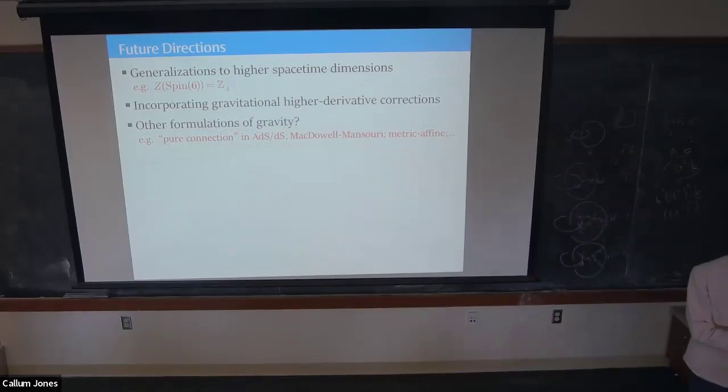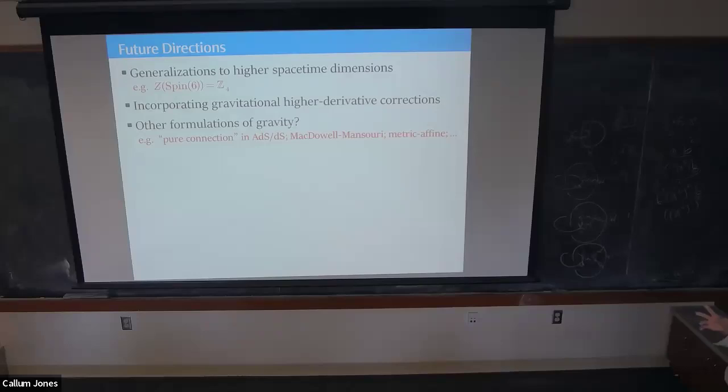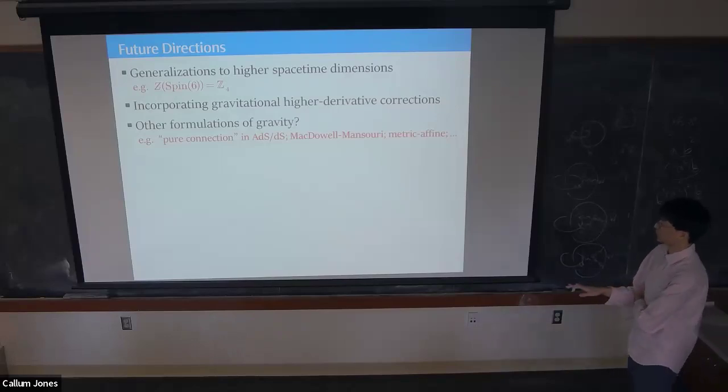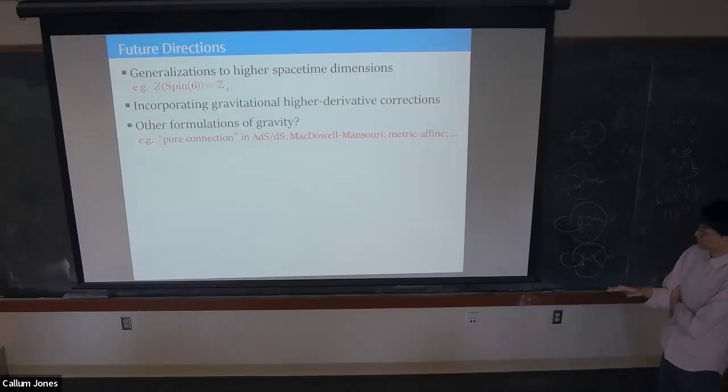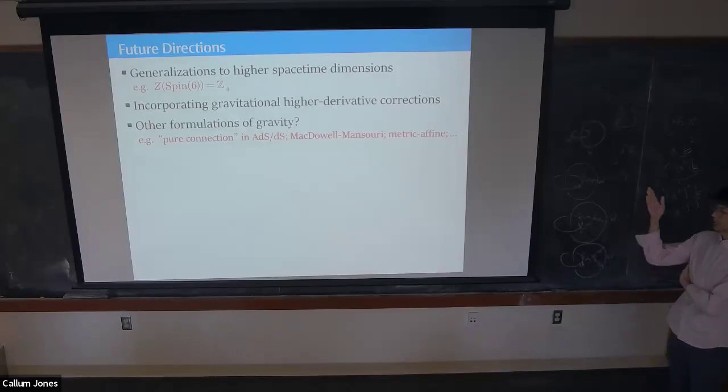There are some very interesting future directions. Some straightforward directions would be generalization to higher space-time dimensions, in which case the center group is richer than in the four-dimensional case. And since we worked in the context of EFT gravity, which will admit higher derivative corrections, that is also a natural direction. If we formulate everything in terms of BF, it will be very straightforward to discuss those corrections.